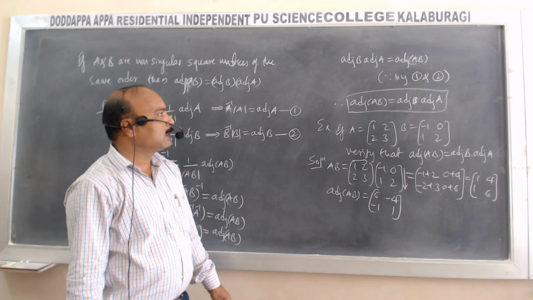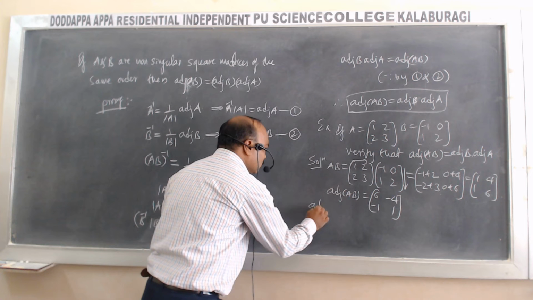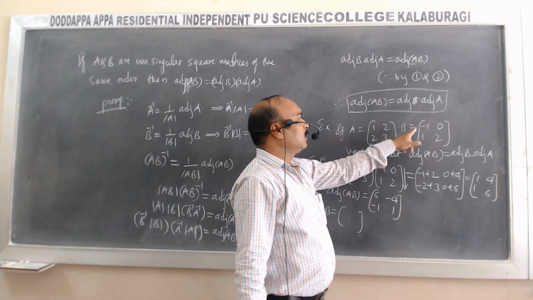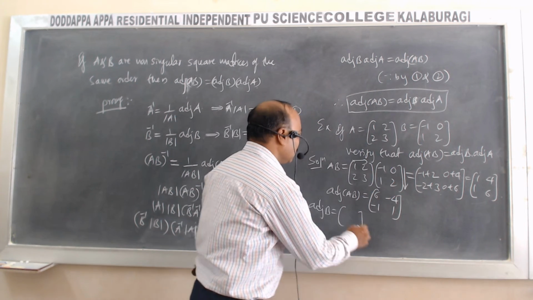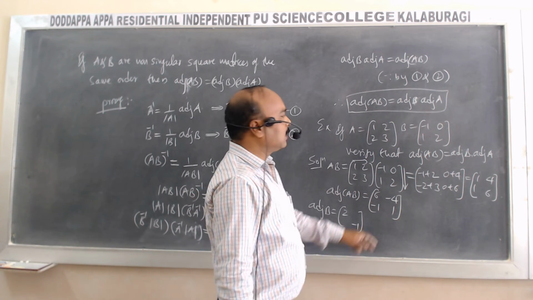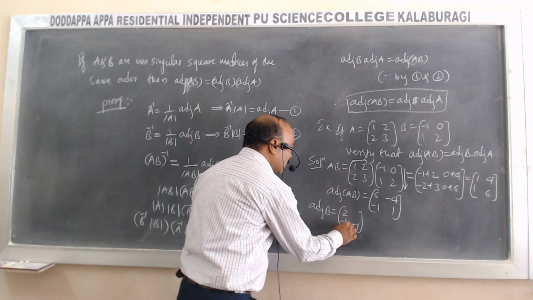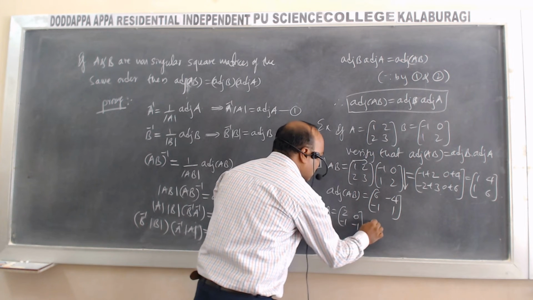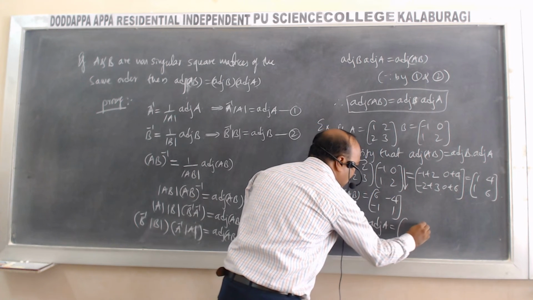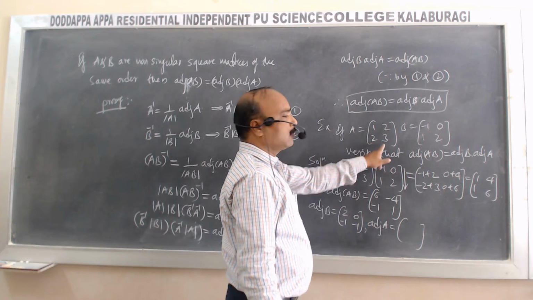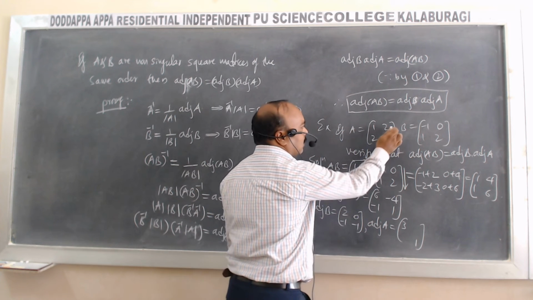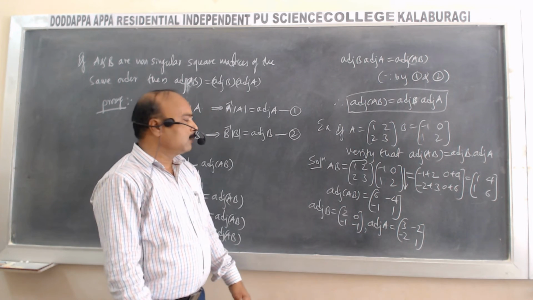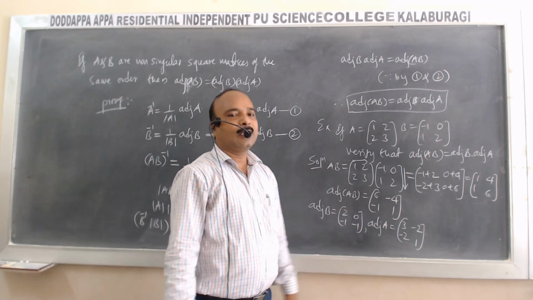After that we find RHS, that is adjoint of B. Adjoint of B directly we write, it is change of diagonal element of this matrix, that is 2, -1, and change of sign of non-diagonal, it is -1, 0. It is adjoint of B by direct method. Then we go for adjoint of A. Adjoint of A, again by direct method, it is 1, 3 changes to 3, 1. Non-diagonal elements, they are changing by sign, -2, -2. Now this is adjoint of B and it is adjoint of A.